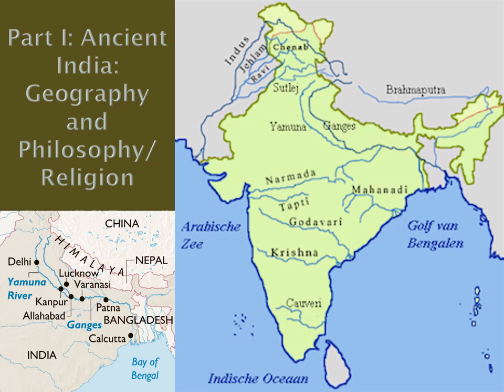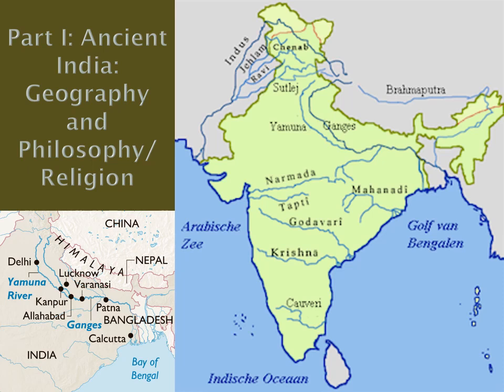Now here, it is useful to make an analogy between Indian geography on one hand, and on the other hand, the origin and development of Indian philosophy and religion, looking at the example of 2 great rivers, the Ganges and the Yamuna. All right, the Ganges River, the Yamuna River. Here we want to take a look at these 2 rivers, their path, and then how they can be used as an analogy, as an example of the origin and development of Indian philosophy and religion. So take a look at the map on the right.